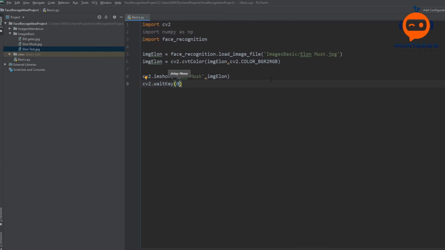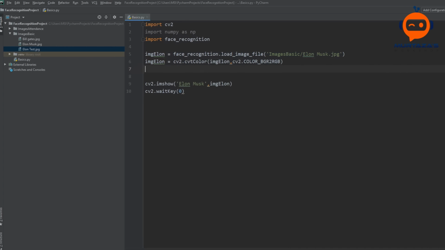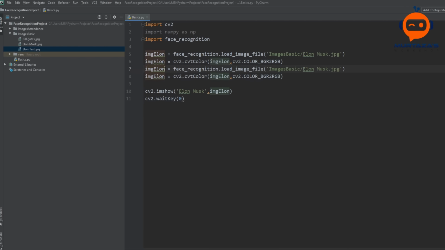Similarly, we are going to import our test image. So we will copy this, and over here we will write imgTest. We'll copy this and paste it, and we will change this to Elon Test.